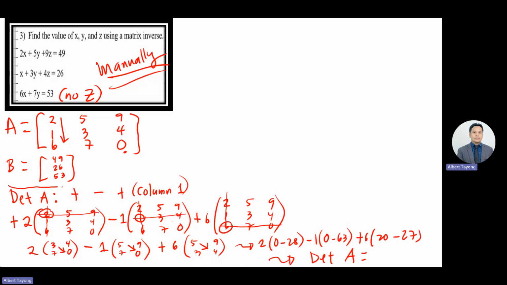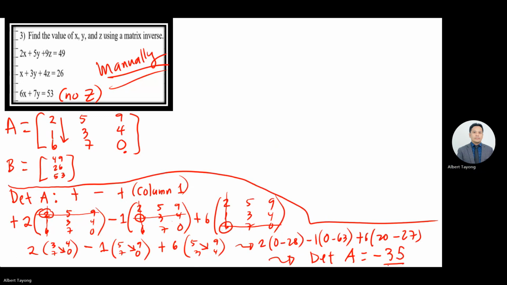So this is only the first step, finding the determinant. Put all of this in the calculator without any space. You're going to get negative 35 as your determinant. Okay, so the next step is to